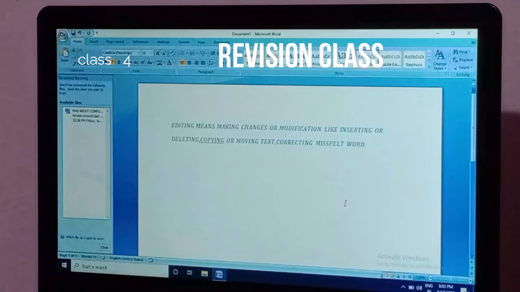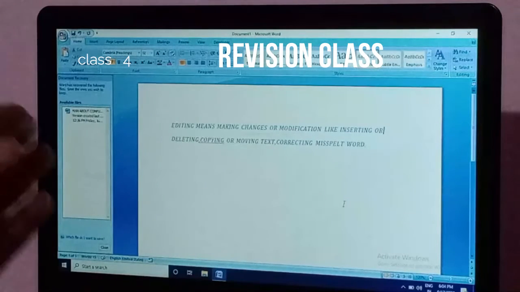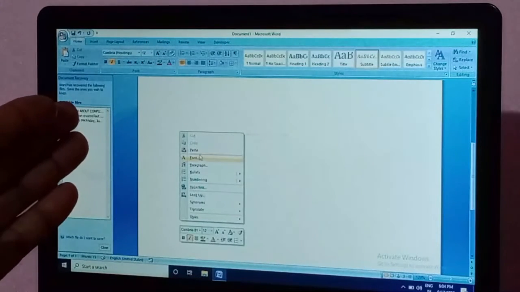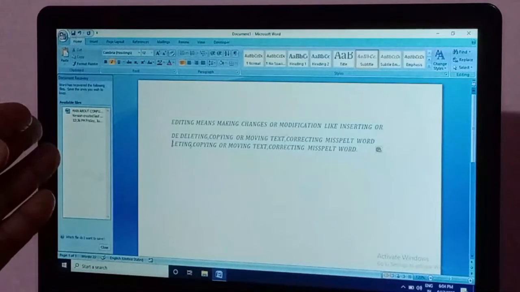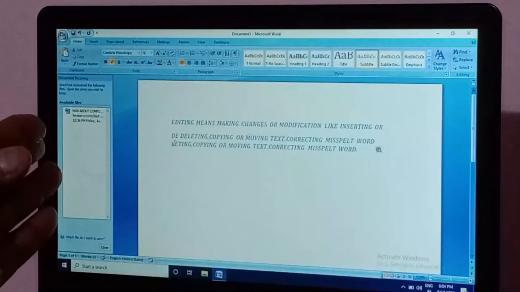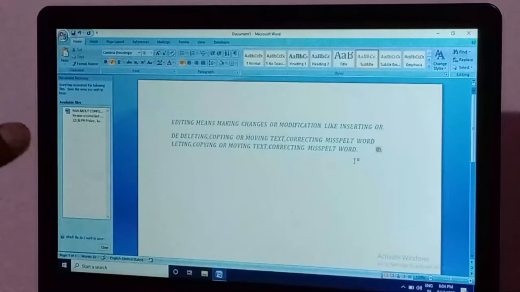Again, the sentence you cut can be shown in another place. You just click the mouse button and click paste. The cut sentence automatically shows in this area. So this is moving the text.